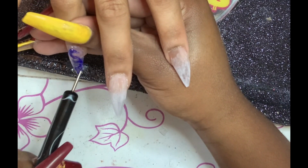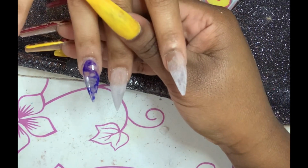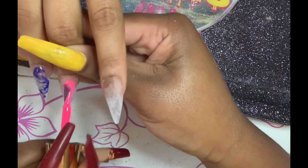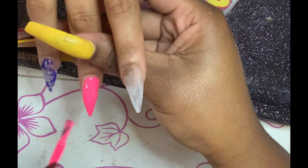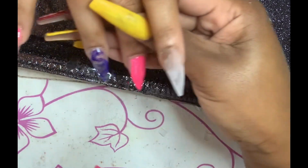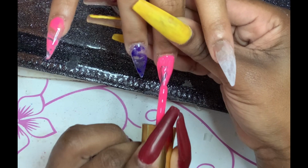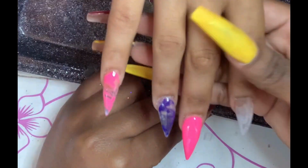So with marbling, there's no right or wrong way. As you can see right here, I wanted more of that color, but I didn't want too much to where it would cancel out the clear acrylic and clear gel. So you will see me add more of that I Got the Blues color, so I can have just enough of that color. So for the middle fingernail and the pointer fingernail, I'm going to do full coverage with those colors